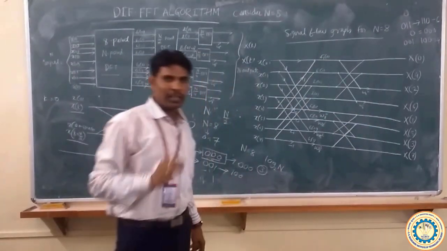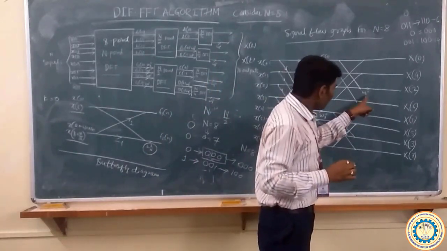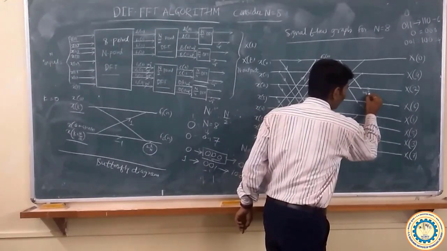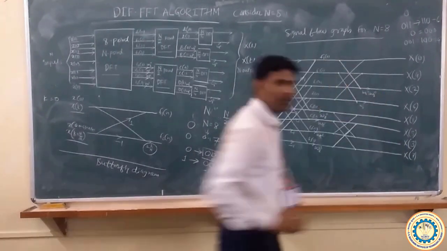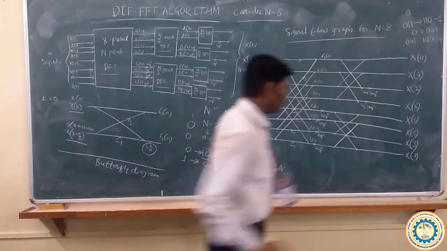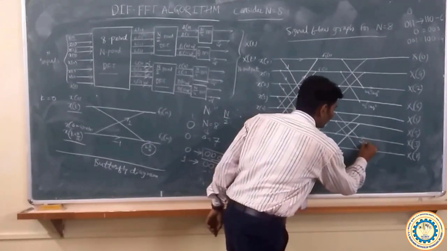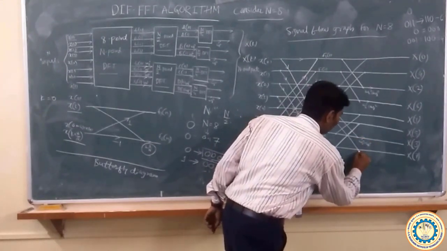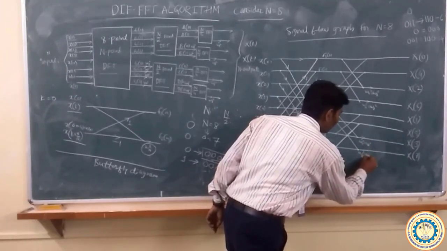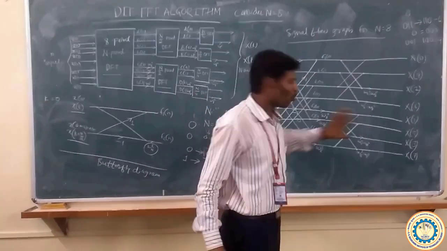But as we are computing 8-point DFT, we are supposed to try to express it in terms of the N-point DFT, that is the 8-point DFT. So W4 raised to 0 is also equal to W8 raised to 0. Similarly, W4 raised to 1 is also equal to W8 raised to 2. Likewise, for this I have W4 raised to 0, which is nothing but W8 raised to 0, and here W4 raised to 1, which is nothing but W8 raised to 2. So this is a 4-point DFT and this is a 4-point DFT.